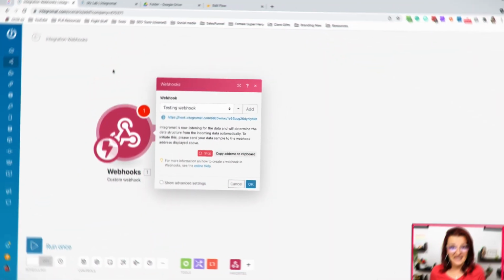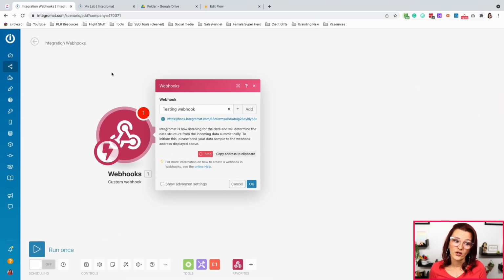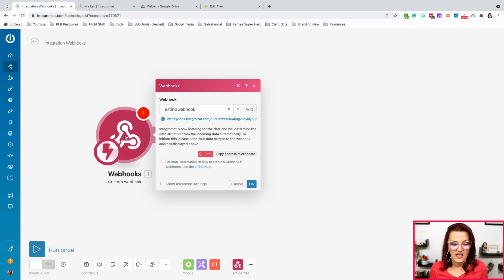Now let's talk about how to set up webhooks. In this example right now, I'm showing you the Integromat integration with the webhook, how it looks here. In my use case example, you're gonna see Integrately, but no matter where you actually integrate your webhook, it'll work and look similar. In this case, we have the webhook right here. We added a new webhook, and that is going to give you a URL. You need that URL because that's what you're gonna plug into ClickUp.